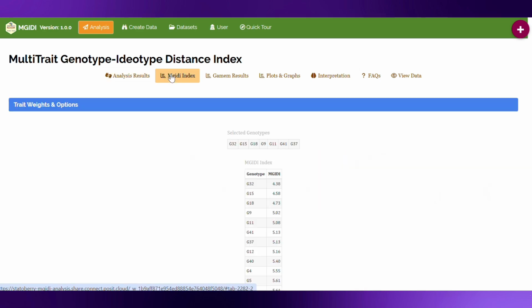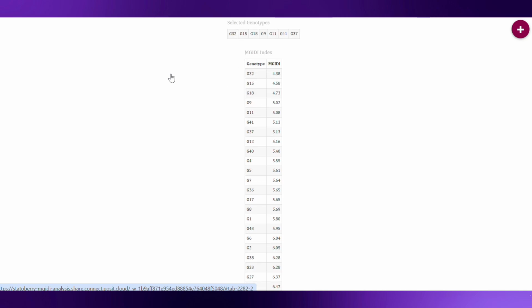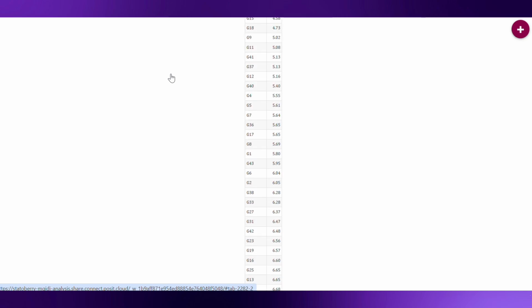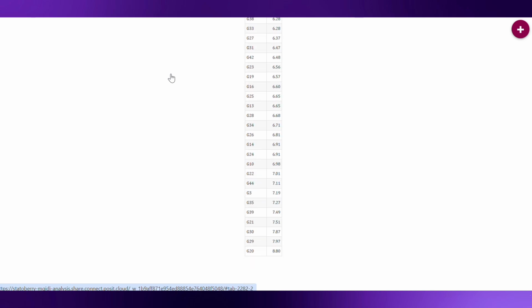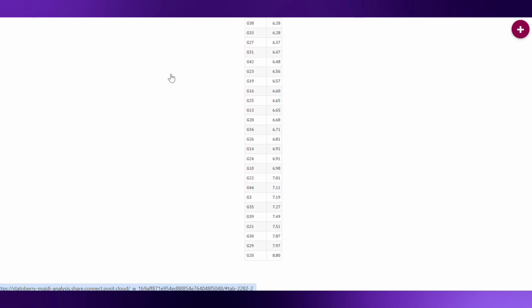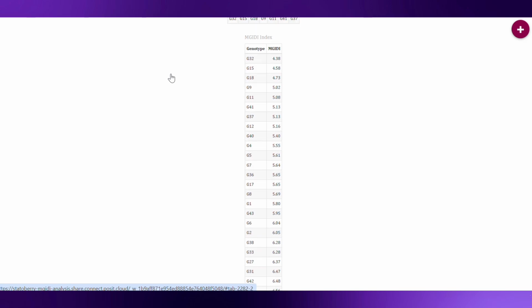The MGIDI Index tab displays the MGIDI value for every genotype, where lower index values indicate genotypes that are closer to the ideal genotype across all evaluated traits. Based on the selected selection intensity, the best performing genotypes are automatically identified and ranked, enabling efficient and reliable multi-trait